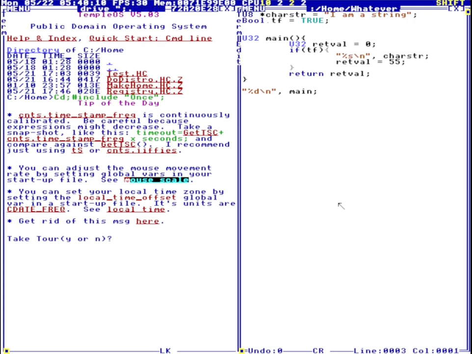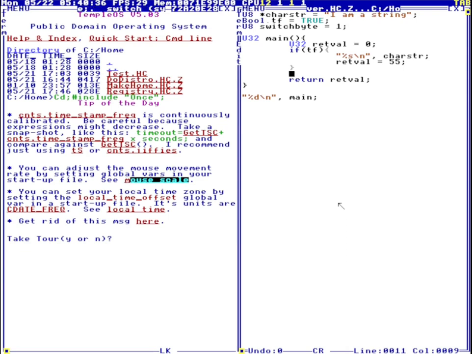We're gonna call this, okay, so this is gonna be a U8, and we're gonna call this switch byte equals 1, and we're gonna go down here, and I think it's the same as C. We'll see, because it's C. Whatever. Okay, switch